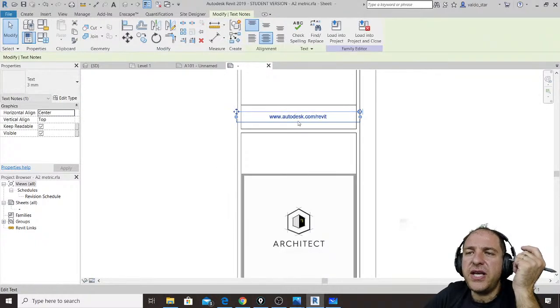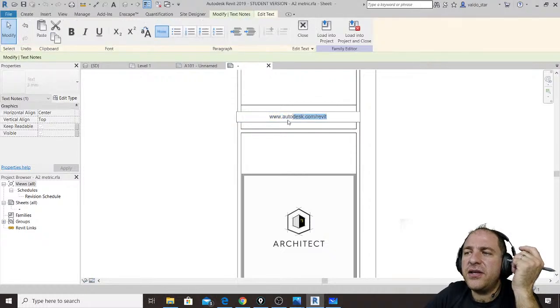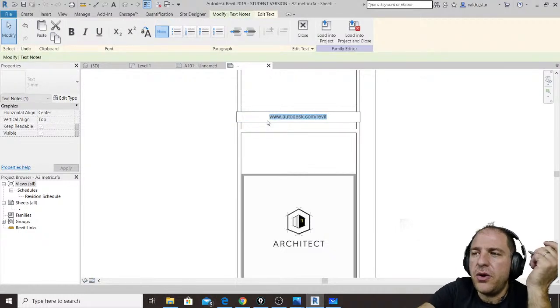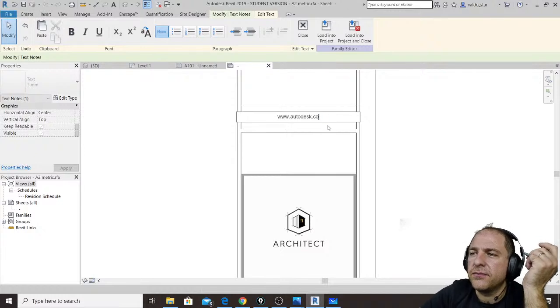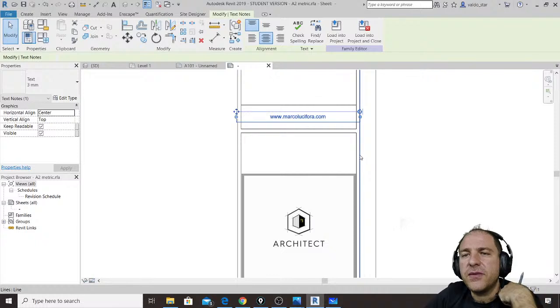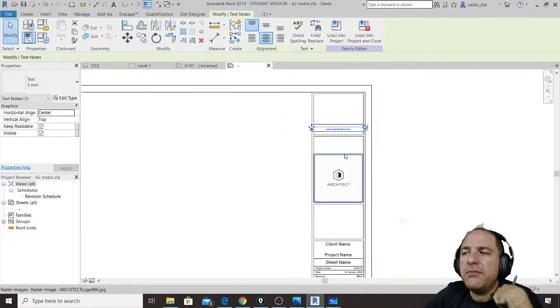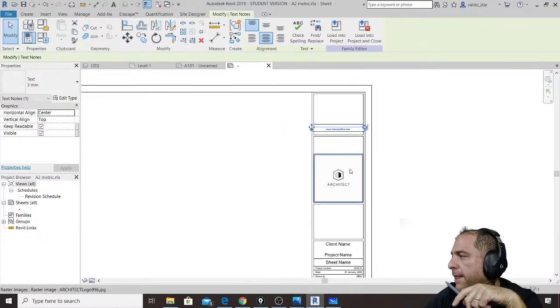You can change this. This is a text. In here you can simply change your own website, your own text, so you can delete it, and you can add your own reference, your own comments, and so on and so on. Or you can move it. For example,